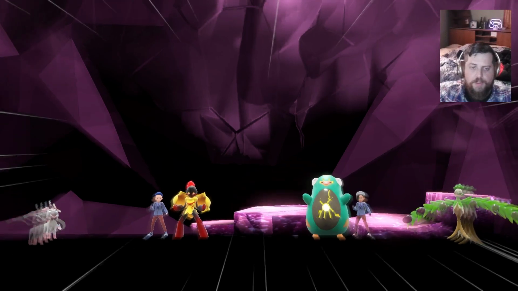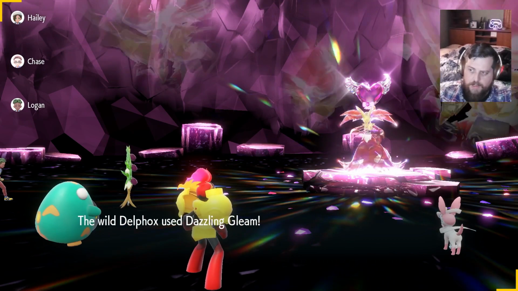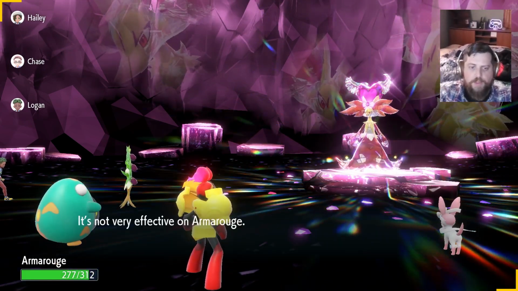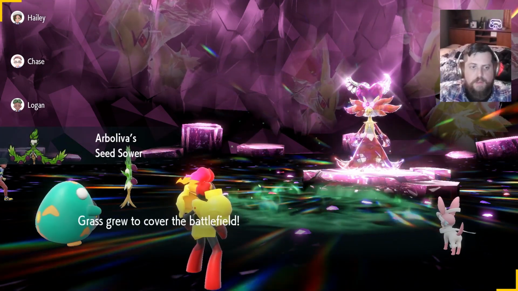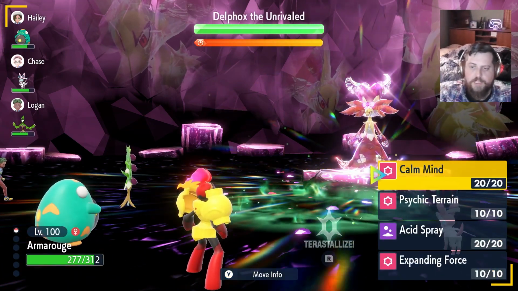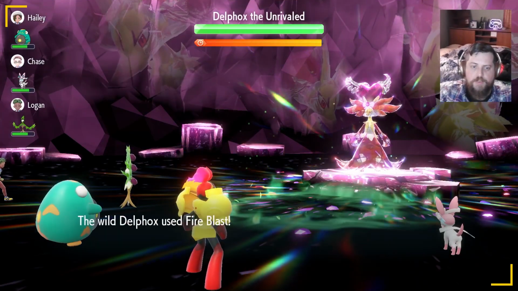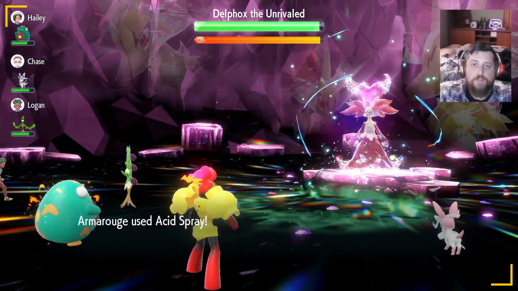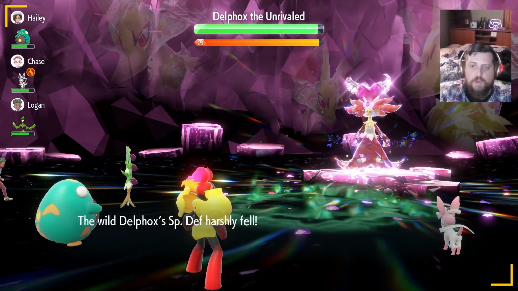We're gonna open with, and you can go back and forth. You don't have to constantly open the same way, but you can open with either Calm Mind or Acid Spray, either way. We've got an Armarouge in the group, so it's gonna make it a little tougher with our Psychic Terrain. But I'm gonna go ahead and open with Acid Spray and at least bring it down one time, and it gives us a physical hit in to try to prepare for our Tera typing, our terrestrializing. So we've got one hit there,